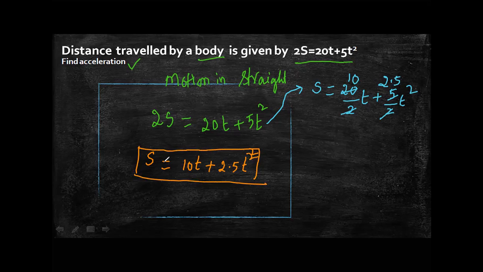Here, 2 there. So tell me what I have to do for acceleration. How can I get acceleration from displacement? What should I do? Given the displacement, what should I do to find the acceleration of the body? To find acceleration, what do I have to find first? So I have to find a, but I know the s. How can I find a?